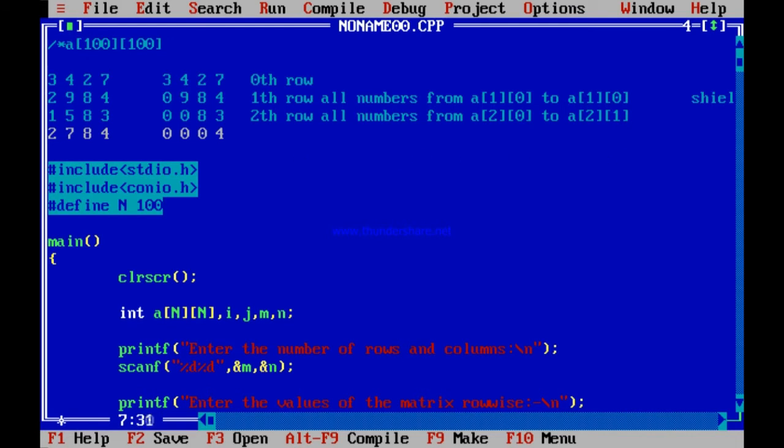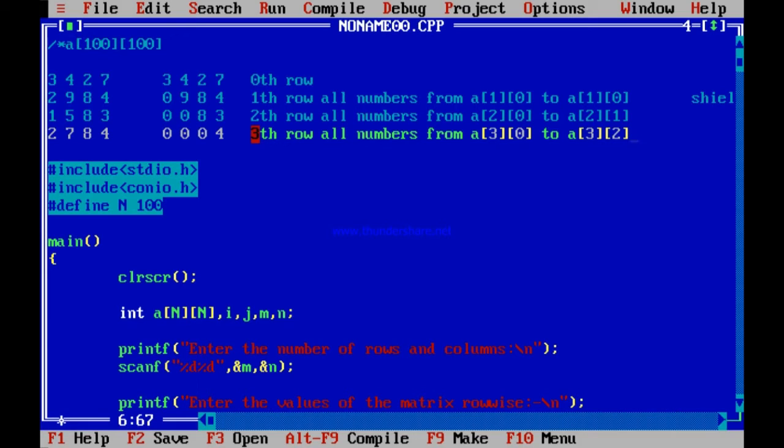Similarly, this is the 3rd row. What has happened in the 3rd row? All numbers from A30 to A32. So do you see what is happening? What am I doing?